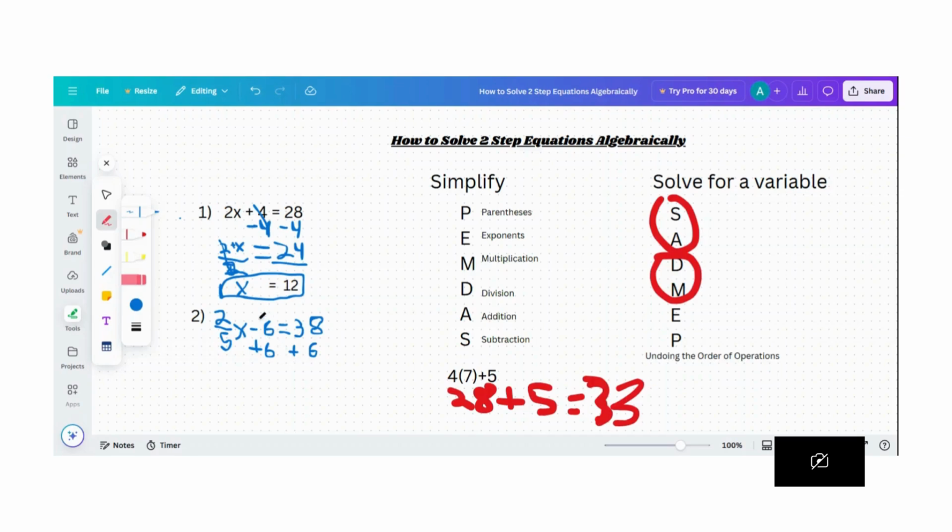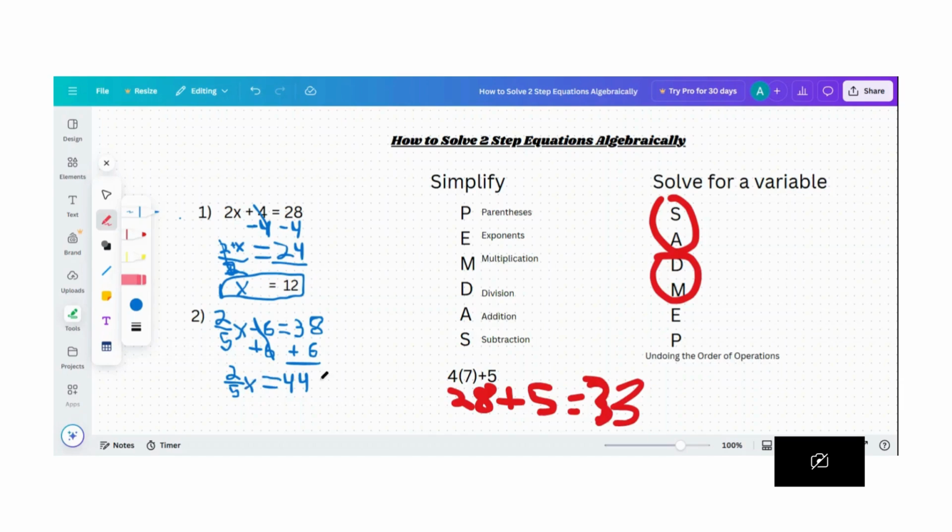So as a result, minus 6 plus 6 would cancel out because that would equal 0, and 0 has no value. And then 38 plus 6 would equal 44. So simply now we would bring down the 2/5 x and make it equal to 44. Okay, so